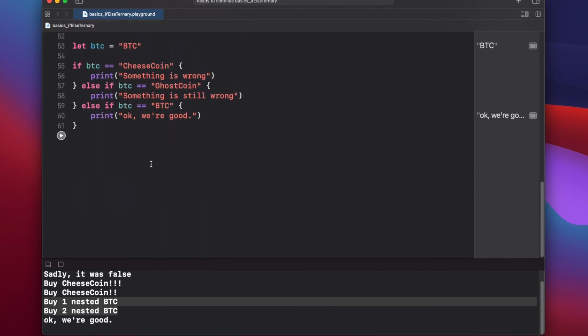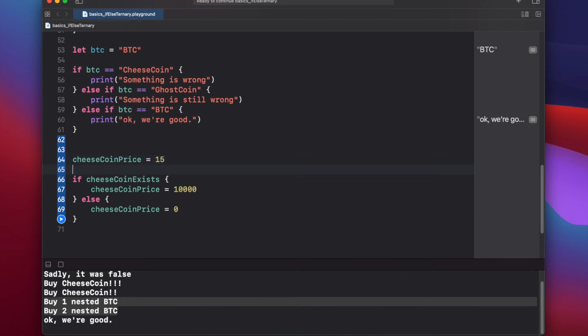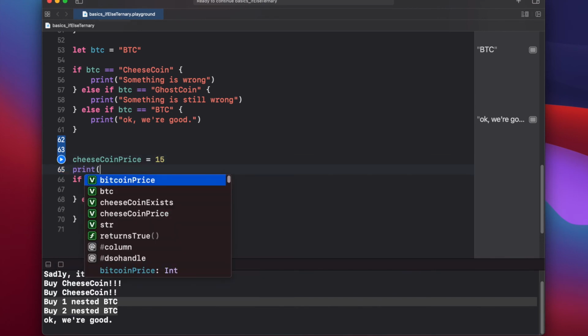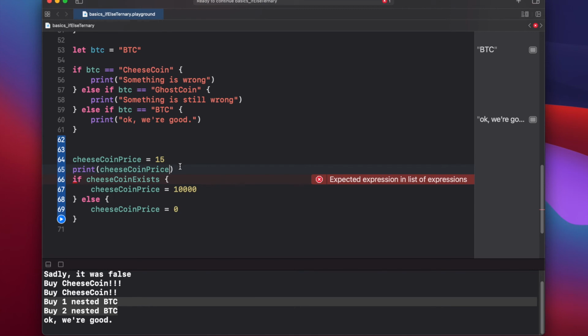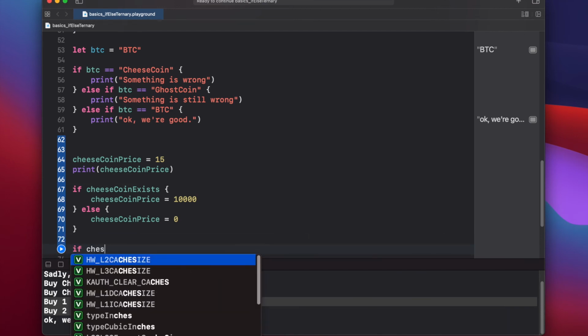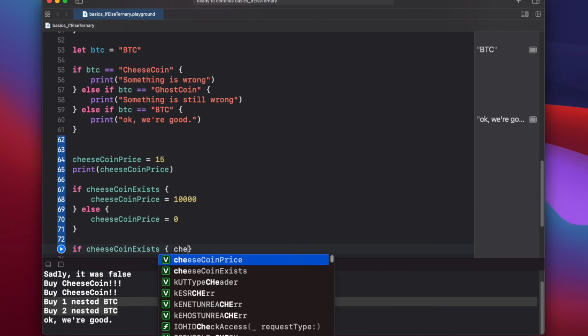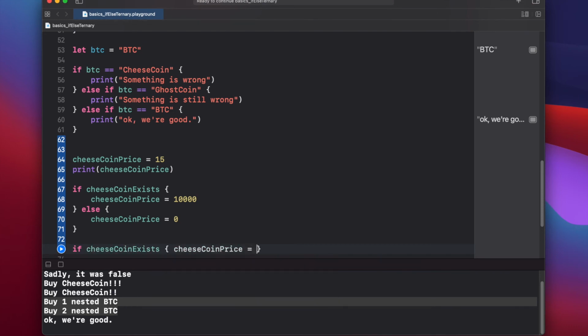Copy that. Paste it. Let's set our CheeseCoin price to a new value, equals 15, and just add a print statement, CheeseCoin price. Now because this is a relatively simple if statement, we can actually collapse this all to one line by typing in if CheeseCoin exists, and we'll do the open braces here, and we'll set CheeseCoin price equal to 2,000